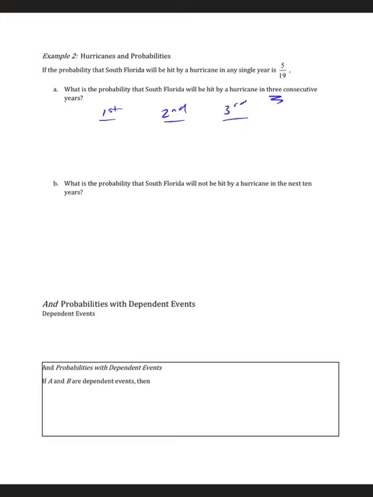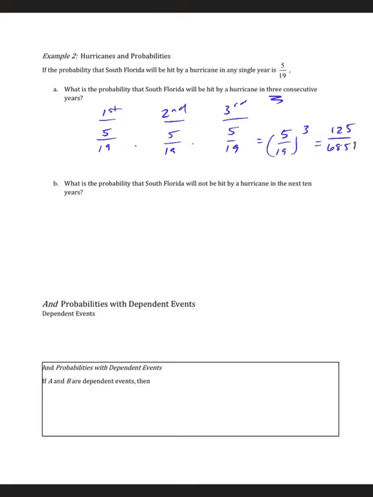Well, we know that the probability of being hit by a hurricane in any year is 5/19. So the first year, there's a 5/19 chance. The second year is a 5/19 chance. And the third year is a 5/19 chance. And then we have to multiply them all together. Again, if you don't want to type them all out separately, we can take 5/19 and raise it to the third power. Now, when you do this on your calculator, again, if you don't have your calculators out, you should have them out at this point, and we take the 5/19 and we raise it to the third power, you can see that we're getting a fraction of 125 over